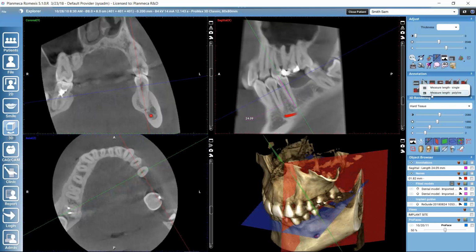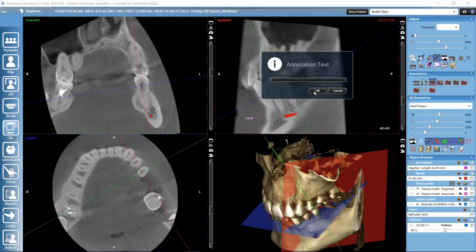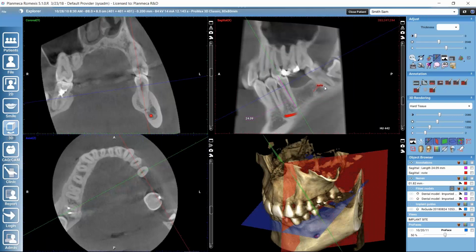So I could also measure a polyline instead of single line. And then I could measure angles. I could add text and arrow to images. So if I have this activated, I can just click on the image and I can write my note there. And we can also draw rectangles and ellipses. So for example, if I draw an ellipse here,